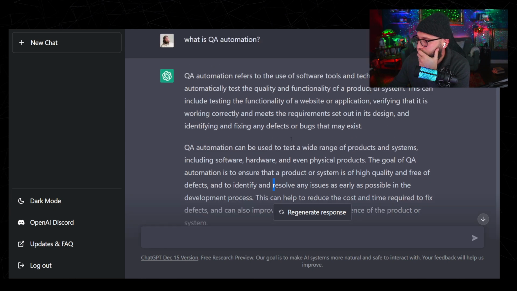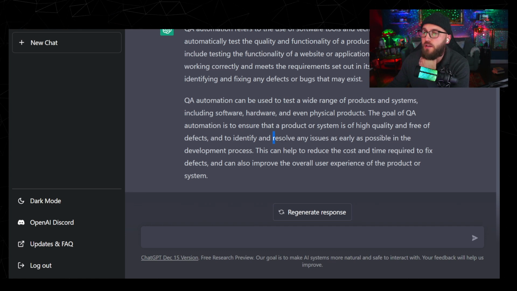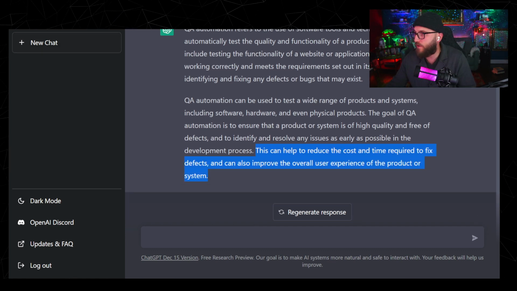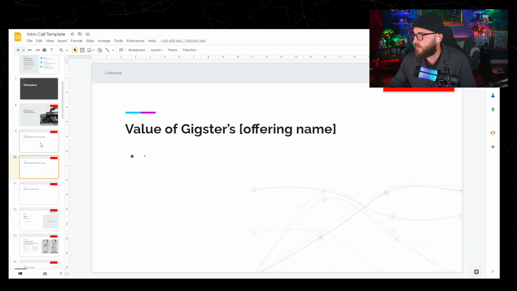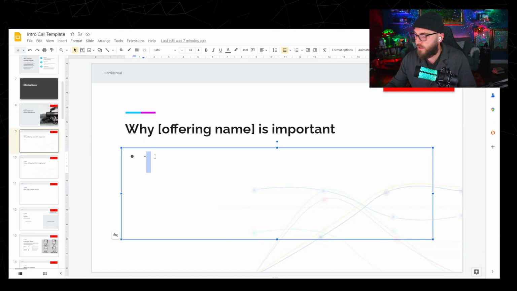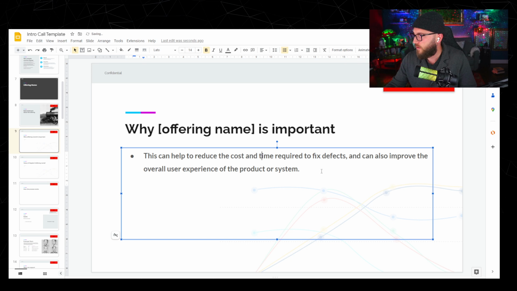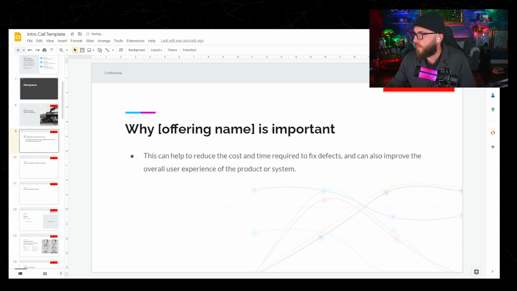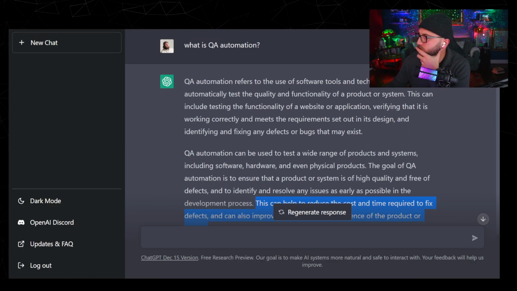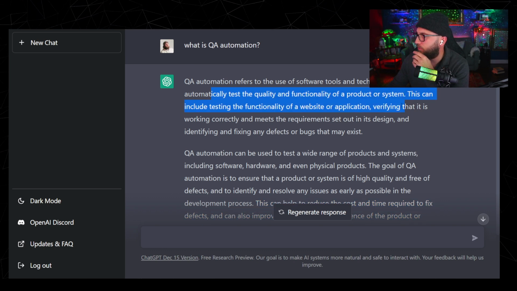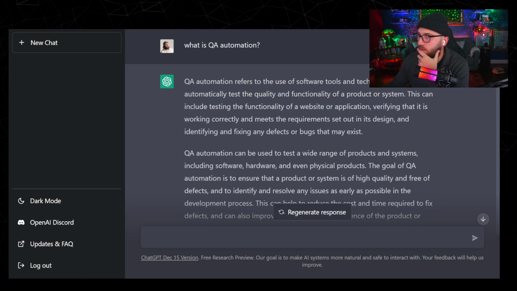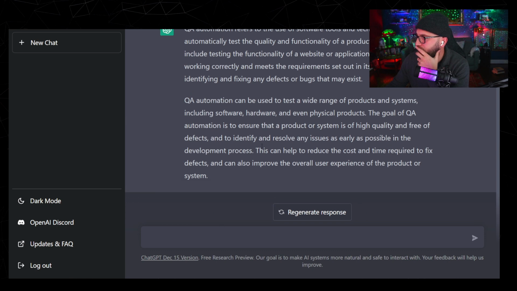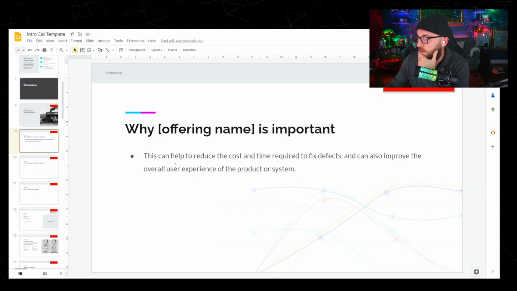All right, so this is good. I think this helps. There are already some good nuggets in here. So one is we got value. So we can go ahead and put this back in here. What else do we have out of here? It uses software and tools and techniques to automatically test the quality or functionality of a program. Okay, so one question in, and we've already got one bullet on the value